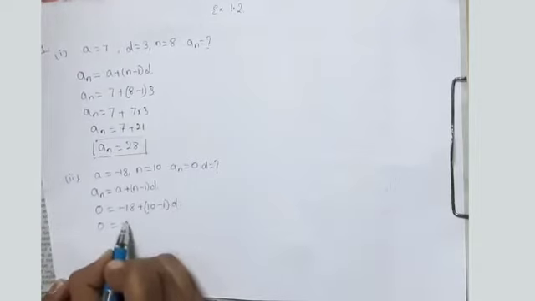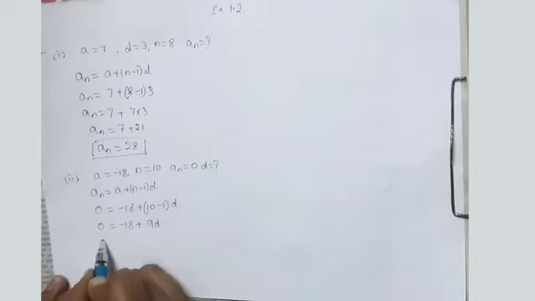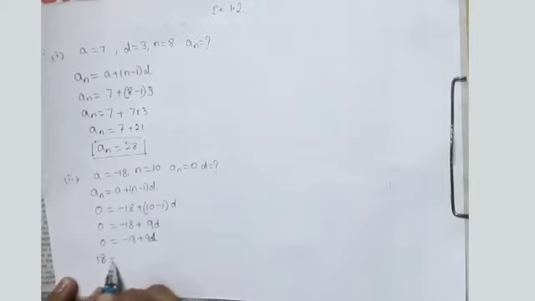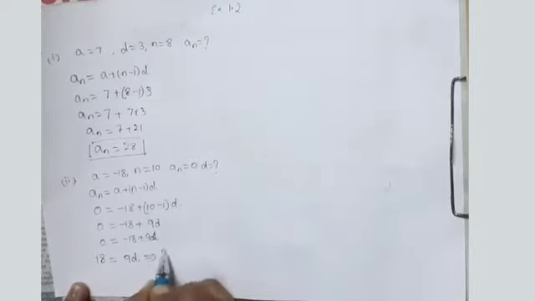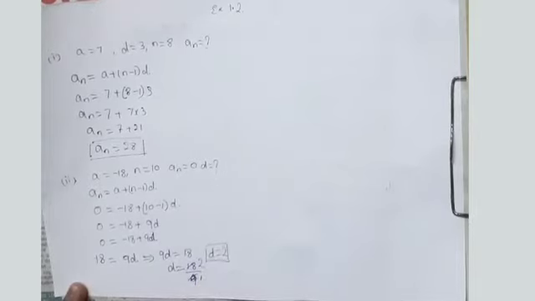So, 0 is equal to minus 18. Let us first open the bracket. 10 minus 1 is 9, 9 into D is 9D. 0 is equal to minus 18 plus 9D. Let me transpose minus 18 to the LHS. So, 0 plus 18 will be 18. When minus is transposed to the other side of equality, it becomes plus. 18 is equal to 9D, which is as good as writing 9D is equal to 18. So, from here D value will be 18 by 9. 9 ones are 9, 9 twos are 18. Therefore, the value of D is 2.